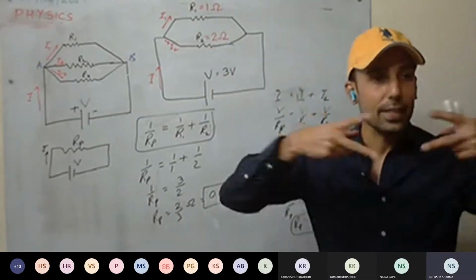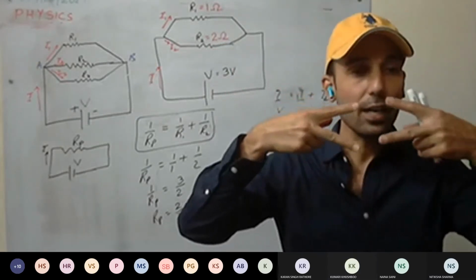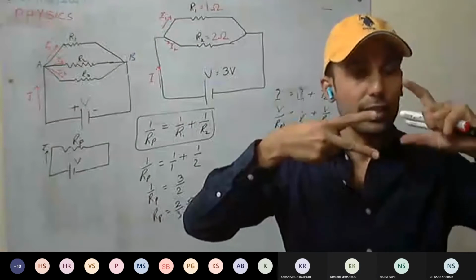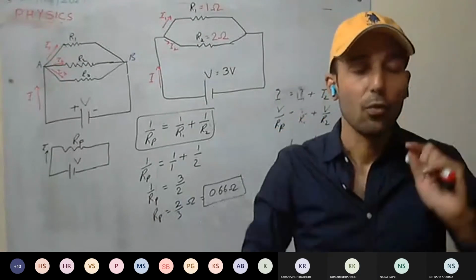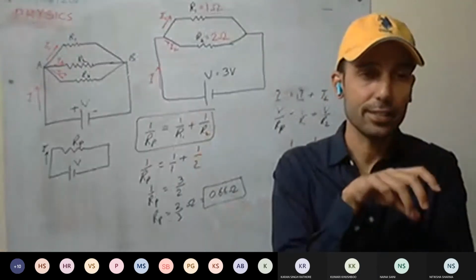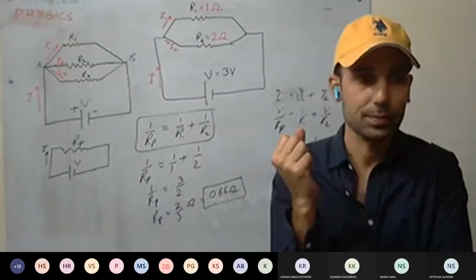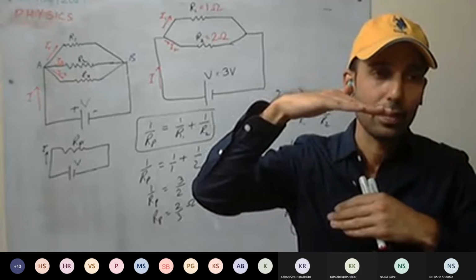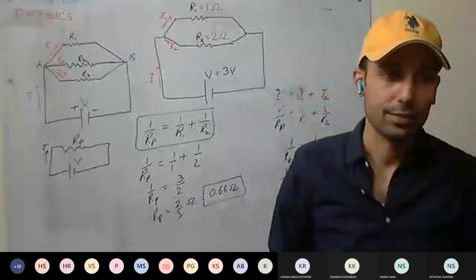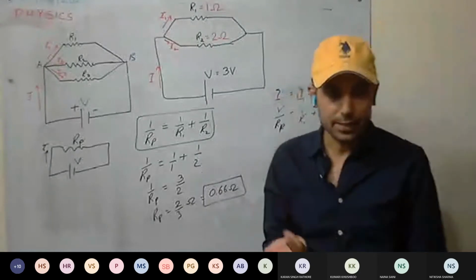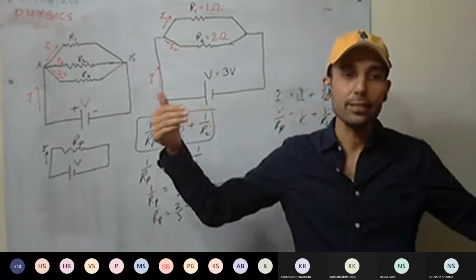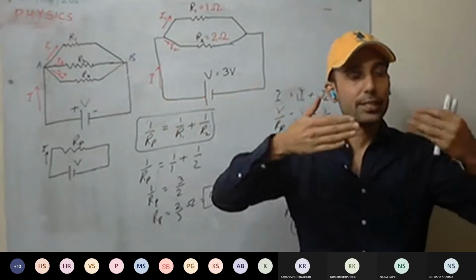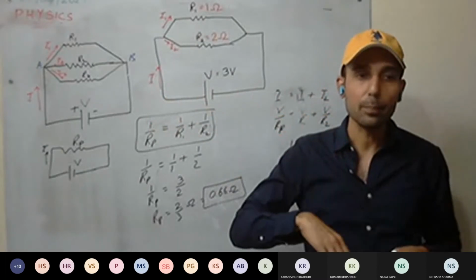Yes, sir. When resistors are connected in parallel, the offered resistance will be less. For example, in a circuit, we want less resistance, but we are having high resistors. So what we'll do, we'll connect them in parallel and we will get less resistance. To increase the resistance, we must connect them in series. To decrease the resistance, we must connect in parallel.